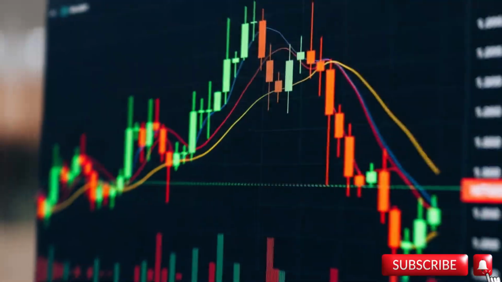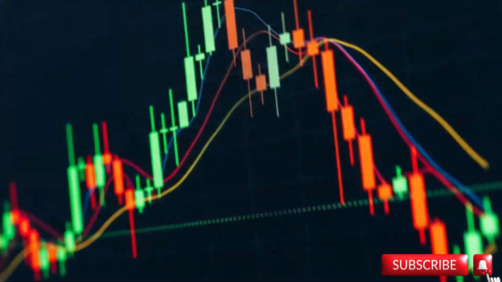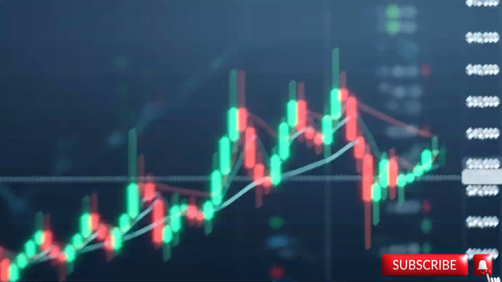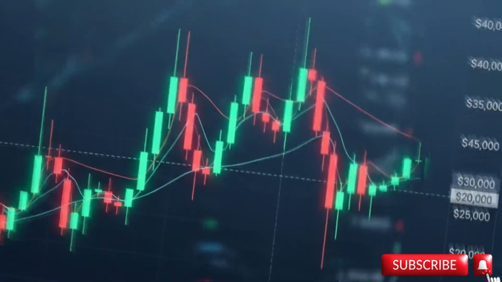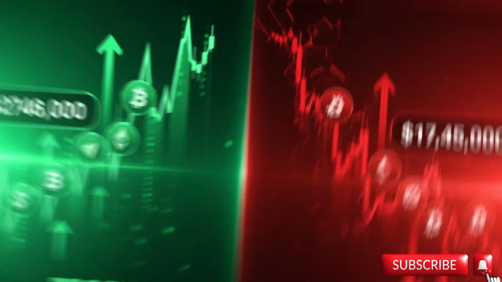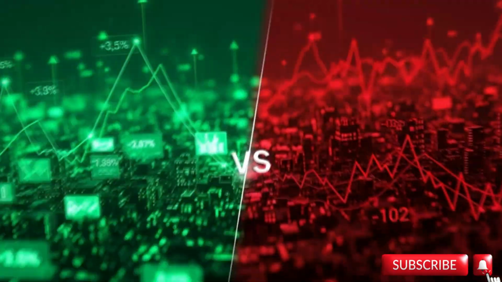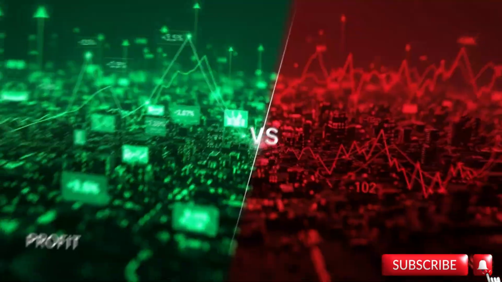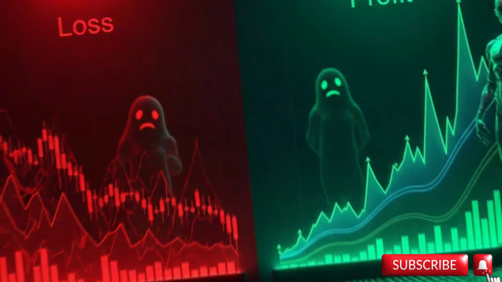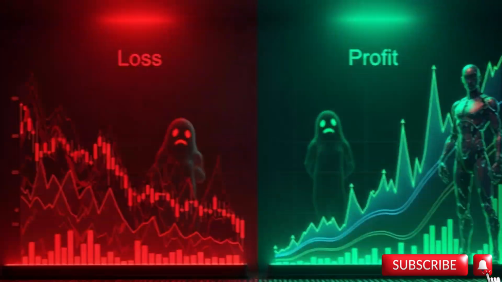Now, what about perpetual contracts? Perpetual contracts are quite similar to futures, but with one key difference. They don't have an expiration date. This means traders can keep their positions open for as long as they want. Because of this, perpetual contracts are designed to stay closely aligned with the spot market price, meaning they trade at values that are equal or very close to the actual market price of the asset. This alignment is maintained through a mechanism known as a funding fee, which is exchanged between buyers and sellers of the contract. This small payment helps keep the contract price in sync with the real market price.